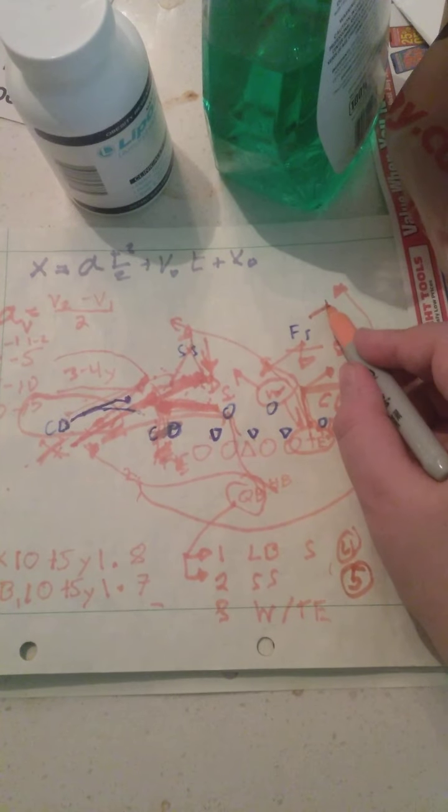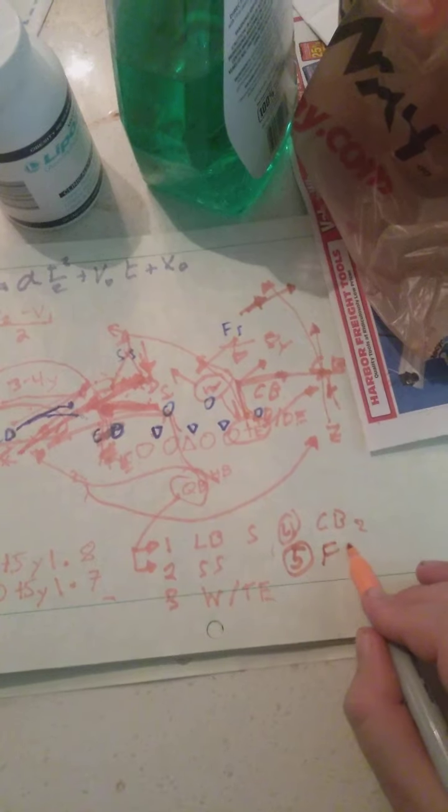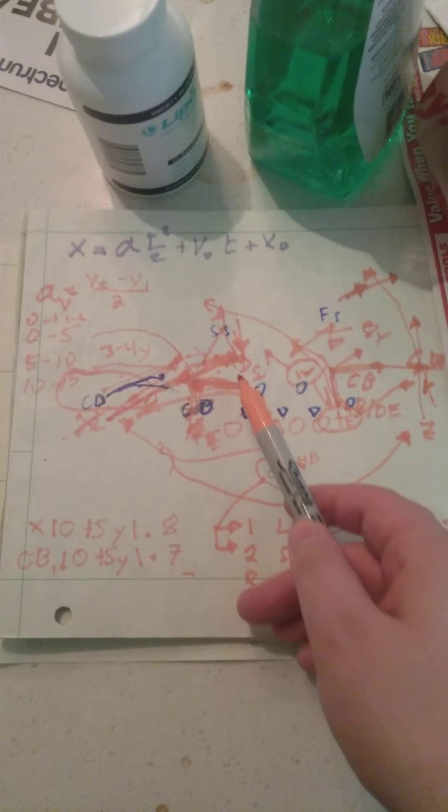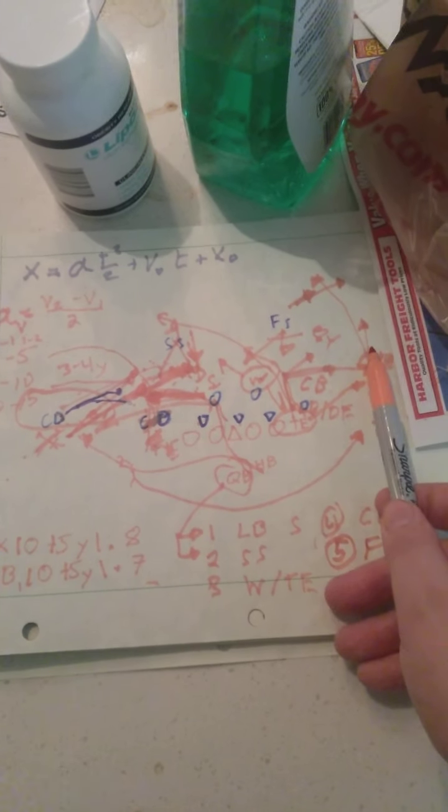Okay, so maybe the fifth read is: is this safety in position to stop the go? So like the fifth read is like free safety. Okay, so if everything happens like safety comes here or safety comes forward, Sam goes over here, cornerback, you know,